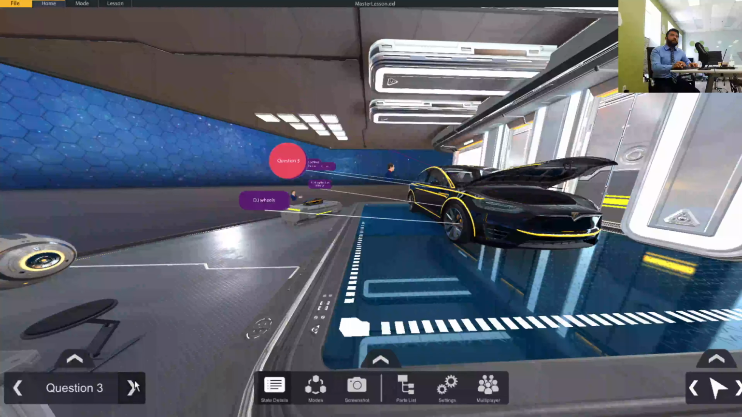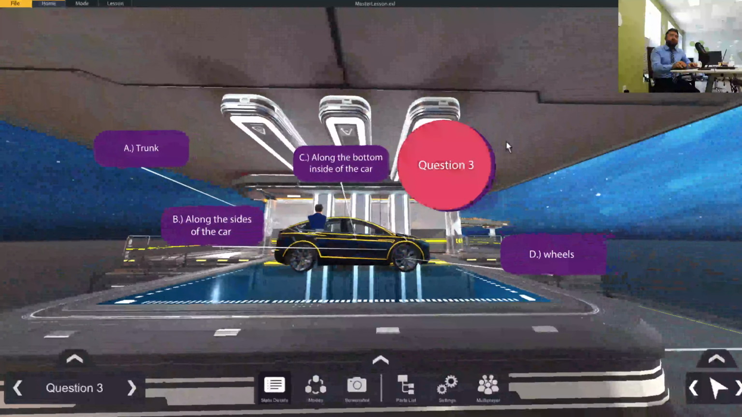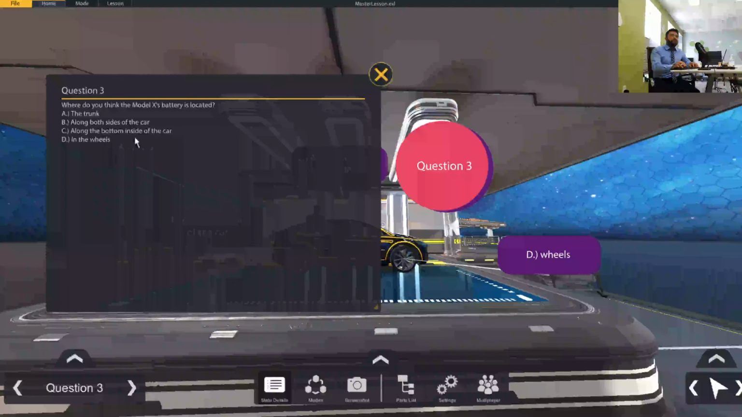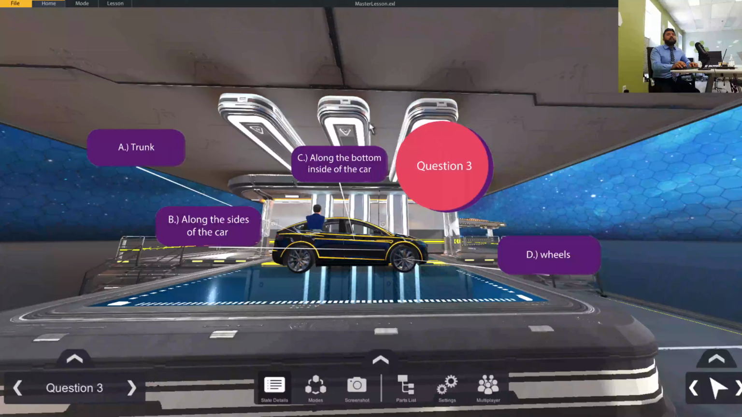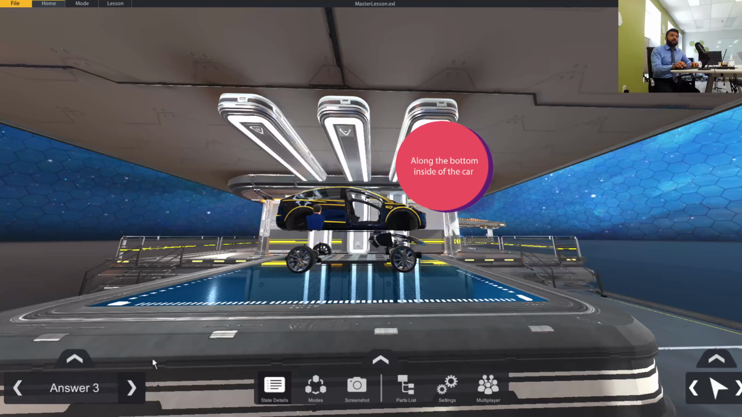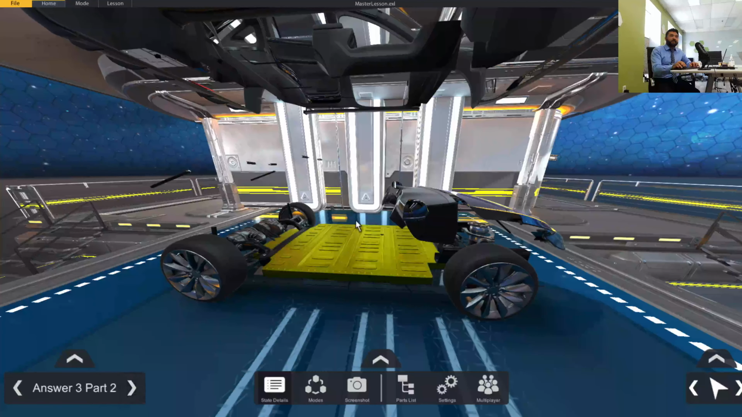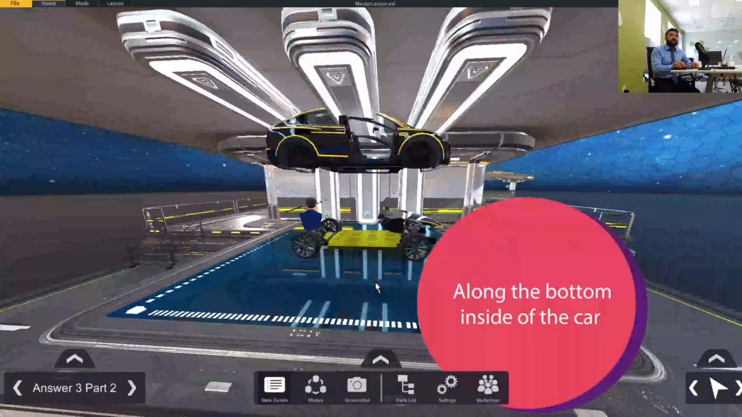So as we go forward here, now we have another question come up. The question is, where is the Model X's battery located? The trunk, sides of the car, bottom of the inside, the wheels, etc. Now, if we actually go through this here, we can look through from our main scene here. We have different options that can be triggered. So if you have a class of students here all together, you can actually ask them this question, give a whole bunch of different responses, and then your next slide actually shows the answer, which is the battery pack is right here. As you can see, that just allowed that to be highlighted, and so it's showing where exactly the